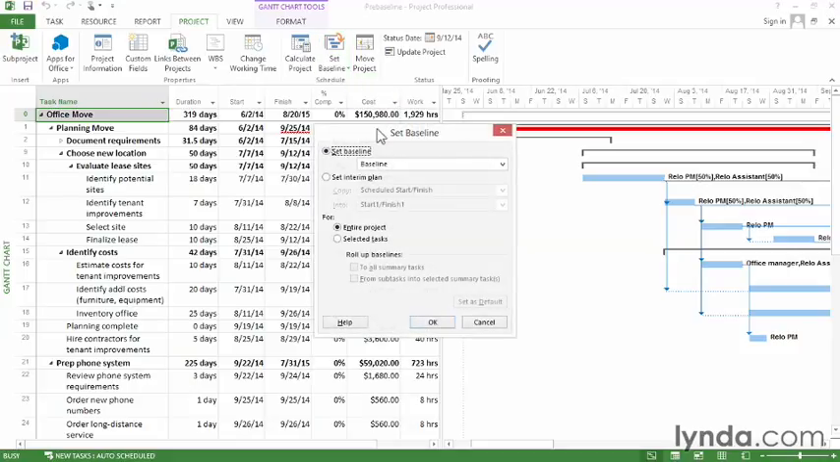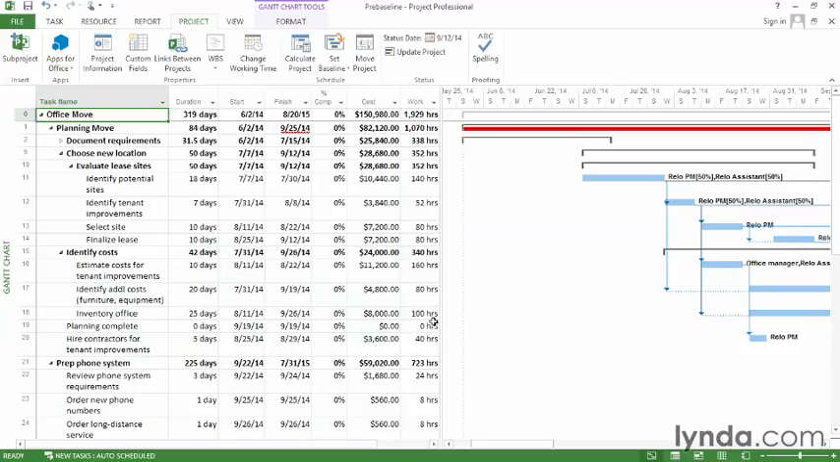For the first baseline, the options in the Set Baseline dialog box are what you want. Because you're saving the initial baseline, it's called Baseline, compared to Baseline 1 through 10, which are the other 10 that you can set. The other option is for the entire project. Since it's the first baseline, you do want to save the entire project. So just click OK. When you do that, what happens is these fields that you see here, the scheduled values,